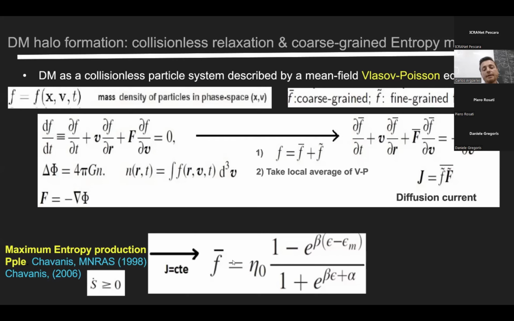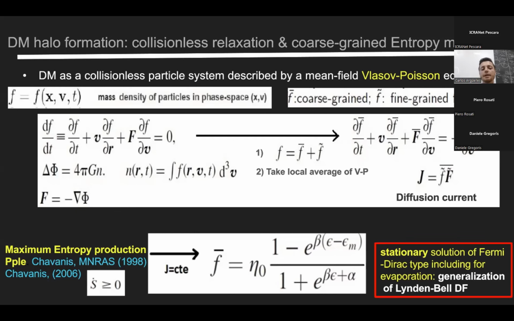So stationary, now this F bar does not depend on time, and it is of the form of a Fermi-Dirac type, probably recalling to you the Lynden-Bell treatment of violent relaxation in the 70s. Indeed this maximum entropy production extends, or generalizes, this Lynden-Bell distribution function by accounting for escape of particles, which you can recognize with the factor in the numerator of this distribution function, for which for energies larger than a given energy, the system is depleted and has no more particles inside. So then this